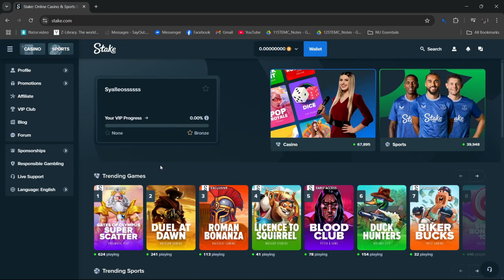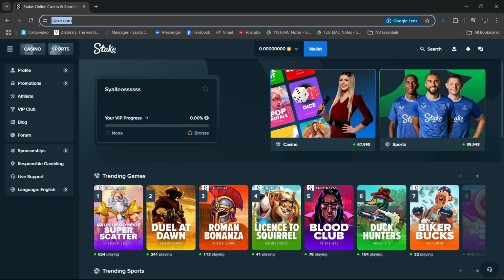So in this video, I'm going to show you how to verify your Stake account. So first, you need to access or open a web browser, but in my preference, I'm going to use Google, but you can always use your preferred web browser. So first, after accessing your web browser, just simply go to stake.com and make sure to log in using